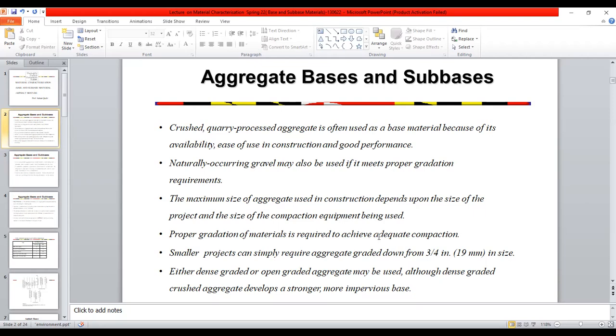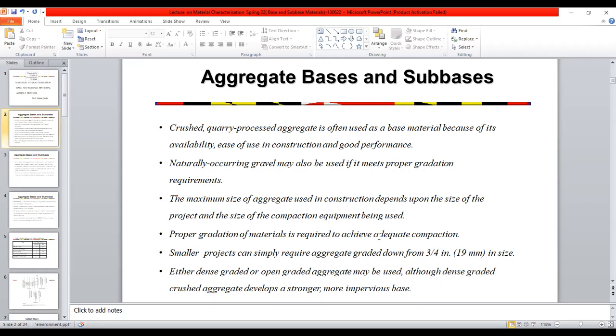So if you don't have a crushed material, we have another source, what we call naturally occurring gravel, but we must know its proper gradation requirement. The maximum size of the aggregate depends upon the size of the project and the size of the compaction equipment being used.